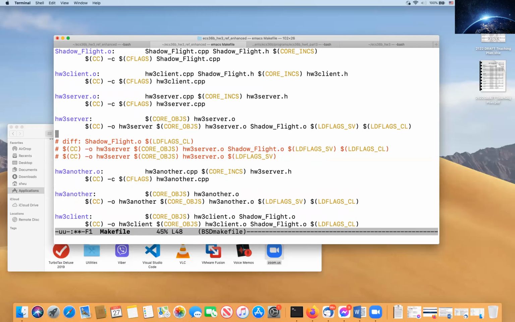So why did I need to make the change? I want to let you know, because that explains why we can add those and make a two-server version. So in homework 3, the original reference implementation, the HW3 server is a pure server. A pure server means that it hosts only the real objects.